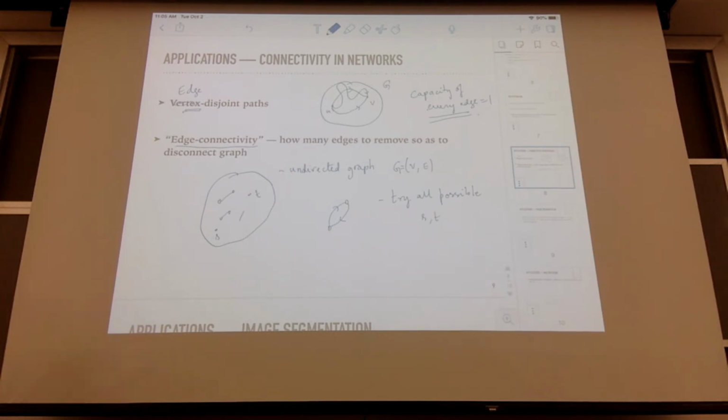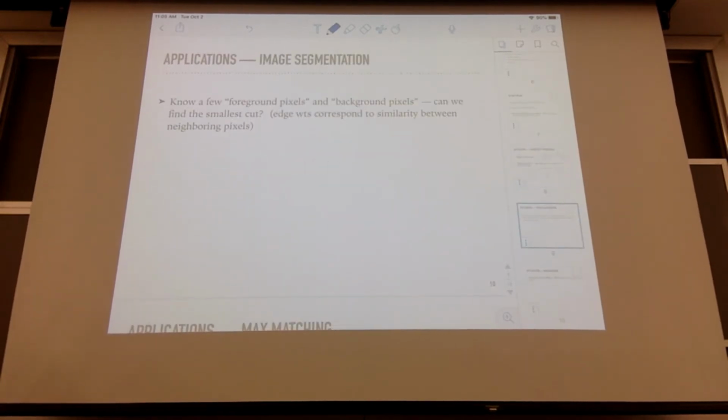This is the general idea. Okay, so these are some very trivial examples. There's another natural example that people often study, and this shows up in